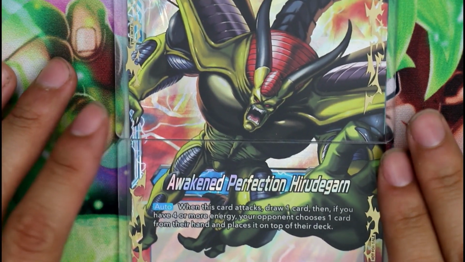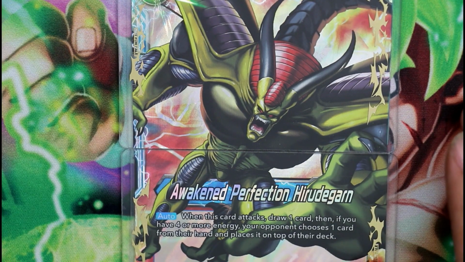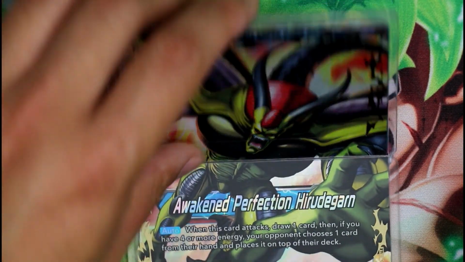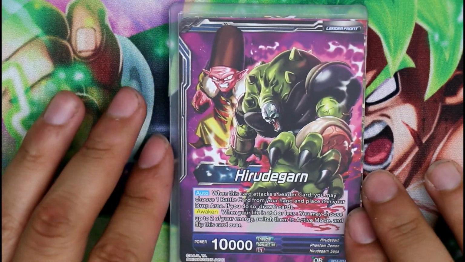And when he's awakened, boom, shoutouts to HIRUDEGARN and Supergirl for creating this for me. He just ate his veggies and got swole and bigger. So when he's awakened, when this card attacks, draw 1 card, and if you have 4 or more energies, your opponent chooses 1 card from their hand and places it on the top of their deck. So this is very hand control, kind of hand manipulation. This is what I love about this leader, and it's a huge shout out to Supergirl and HIRUDEGARN